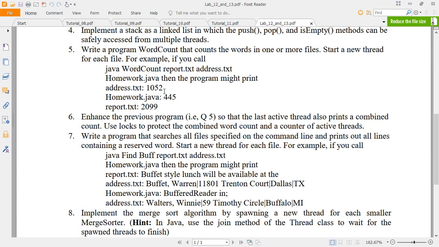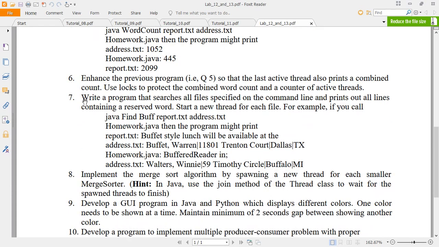Next question is write a program that searches all files specified on the command line and prints out all lines containing reserved words. Reserved words means here reserved keywords. Start a new thread for each file.